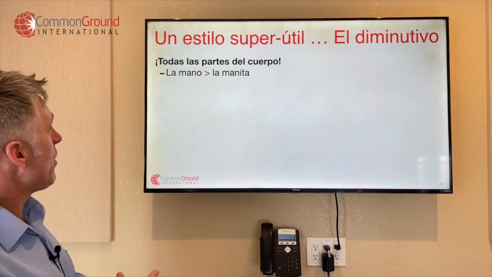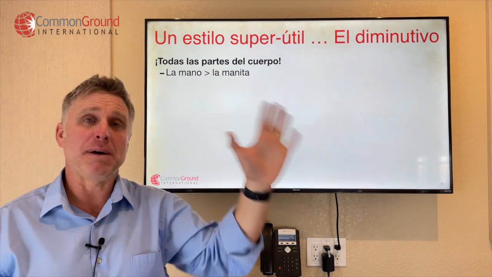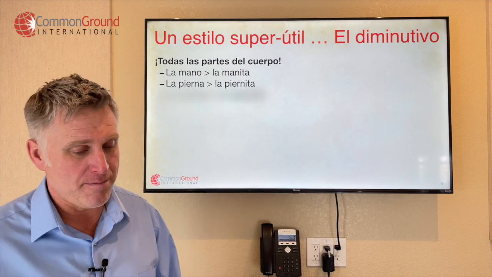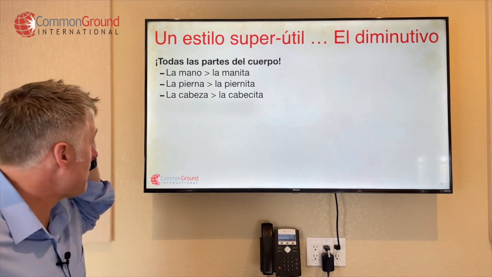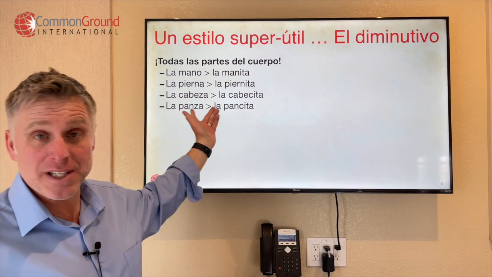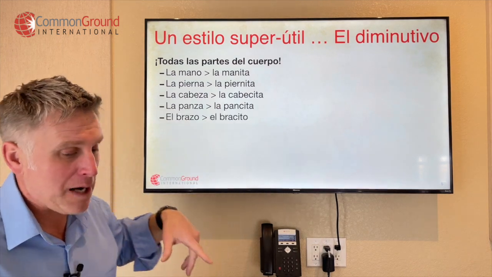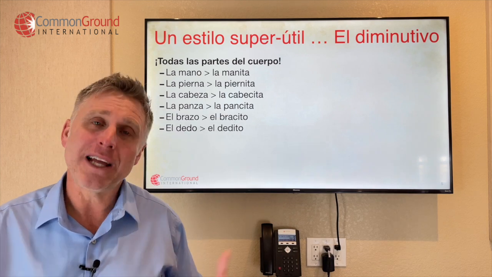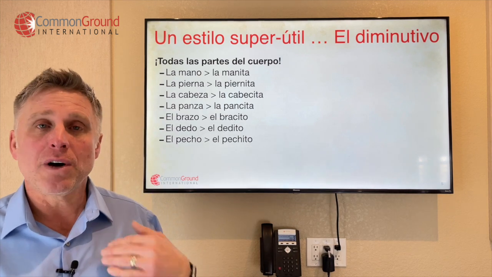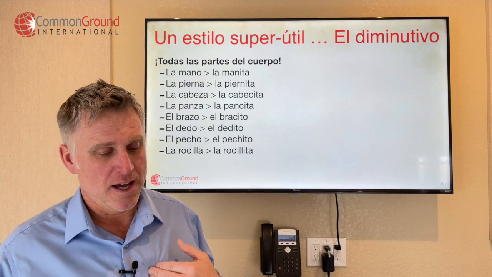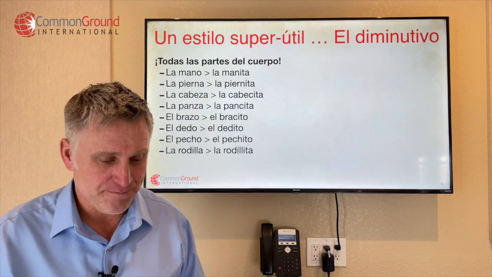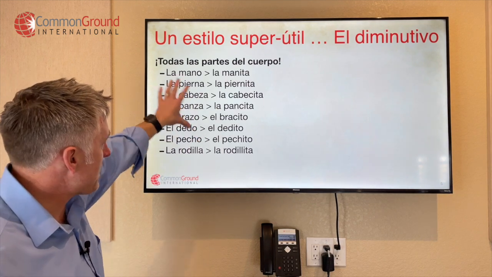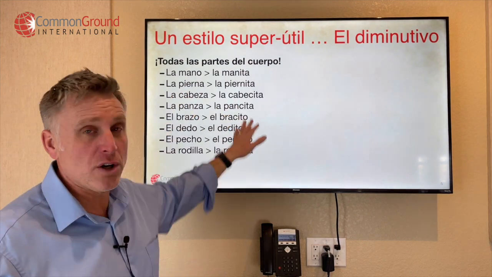So if we focus on the body, we've got la mano, la manita, the little hand; la pierna, la piernita; la cabeza, la cabecita; la panza, la pancita. We saw that one before. That's belly, right? El brazo, el bracito, so the little arm. El dedo, el dedito. El pecho, el pechito, the little chest. La rodilla, la rodillita. And so you're seeing that it's basically the same word, but with an ito or ita